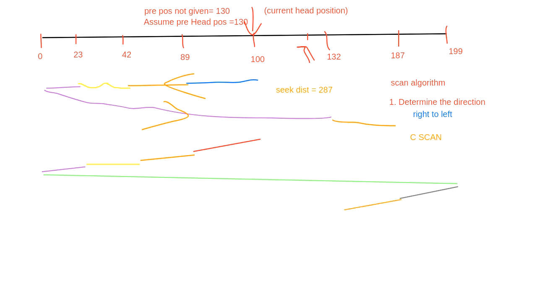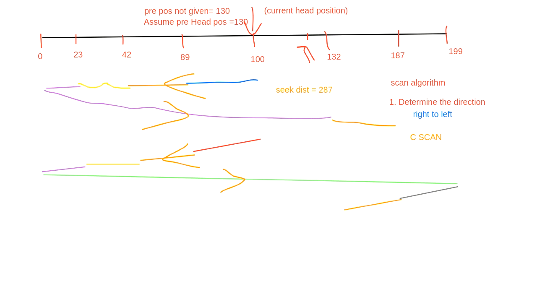Now when you observe, the direction is the same, right to left, but when it takes reverse direction, what is the difference between scan and circular scan? In scan, in the reverse direction it will fulfill the requests. But in circular scan it will not fulfill the requests in the reverse direction. It will take reverse and go to the last cylinder, and from the last cylinder it will again come back and complete the requests.